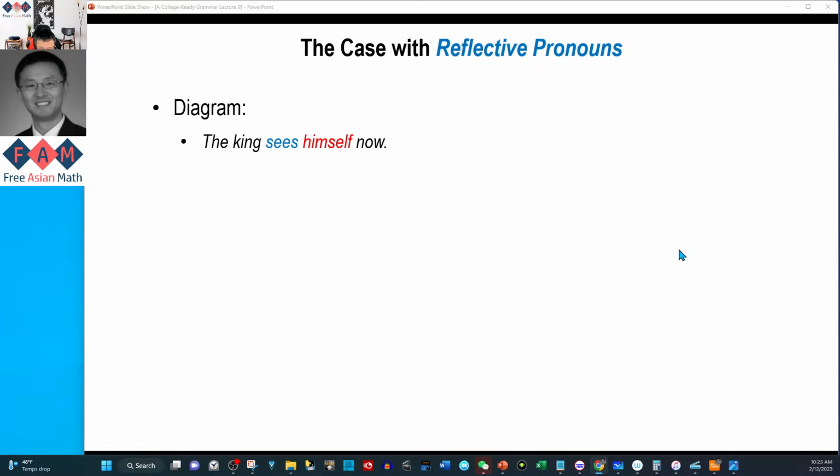But in this sentence, the king sees himself, so himself is the object of the verb sees. So this is a very straightforward sentence. The diagram is very easy. But now, if we change the verb to seems,